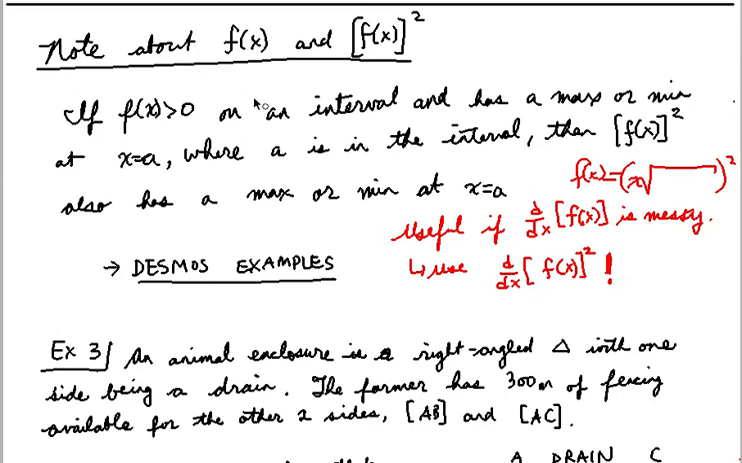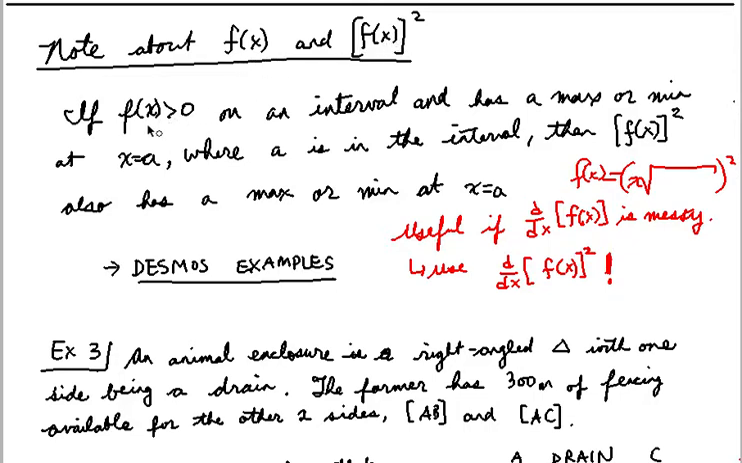Okay, now I'm going to show you a little bit of a trick that you can use on certain types of optimization problems. This technique is where you take a function and you square the function. Now why do we do that? Because what you'll see is that